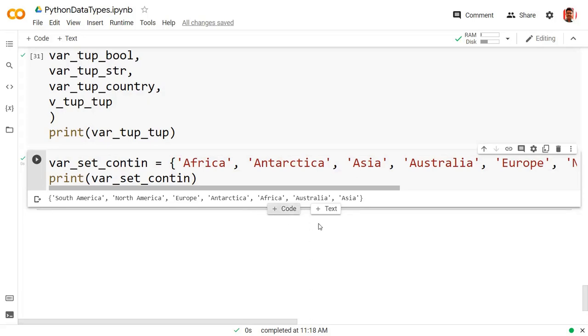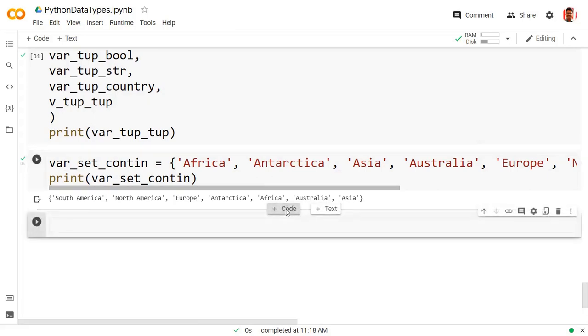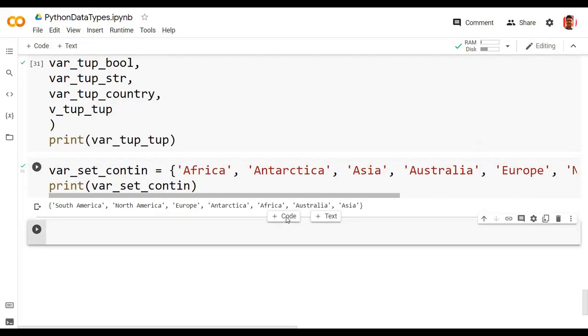So you need to take care of that, and gradually you will understand how your set works and other things inside that.